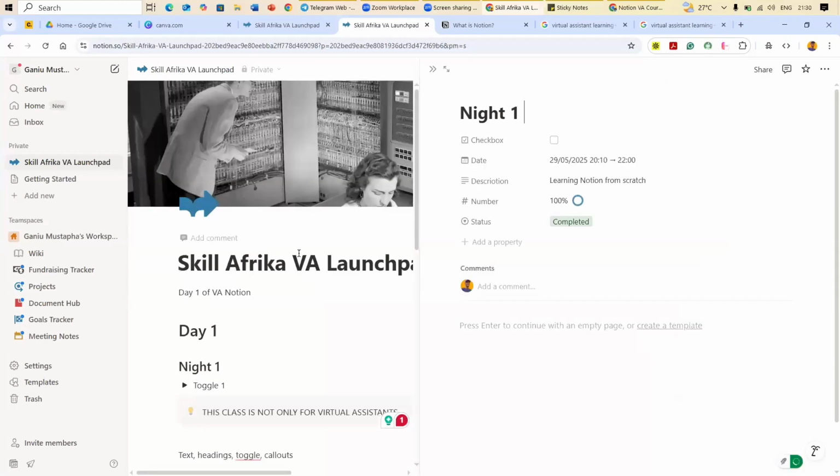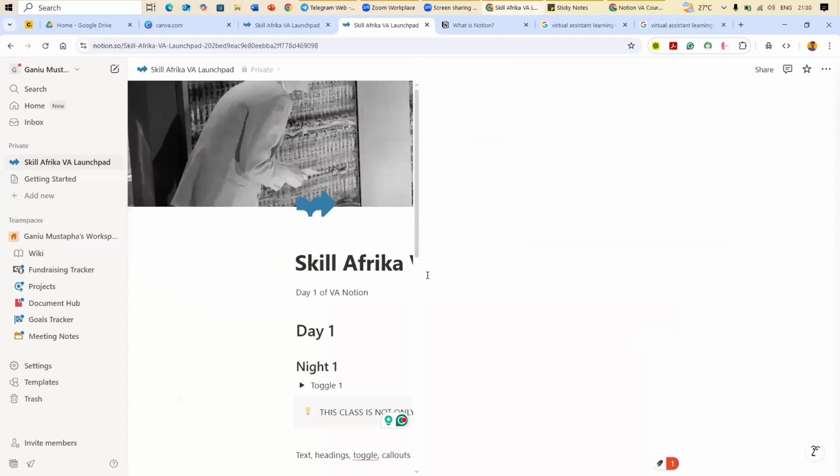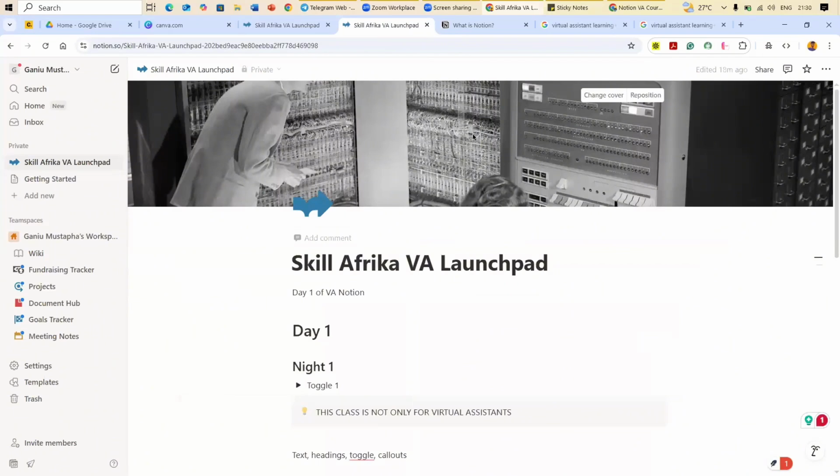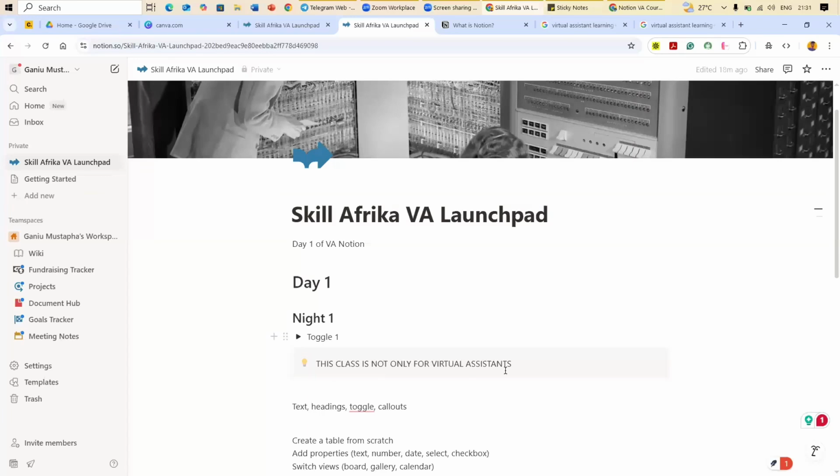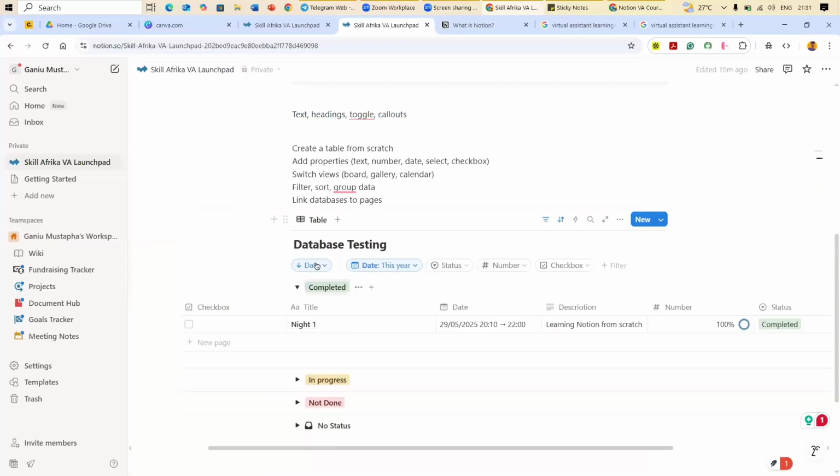Now, actually, when we created this, it was just a page. On the page, we added the image, we added an icon, we added the title, we added heading 1, heading 2, we added a toggle, we added the callouts. Then we moved on to adding a database. We moved on to adding a table. Now, this table will work like a database. But the reason why it is actually a database is because once you click on these options, this item